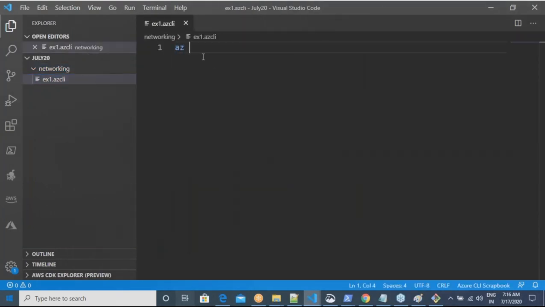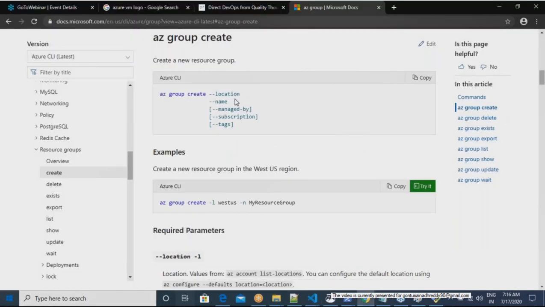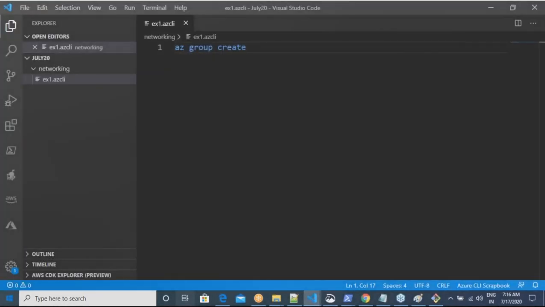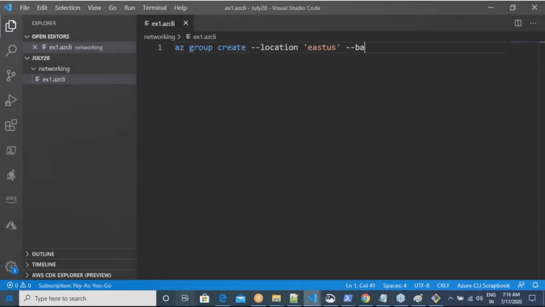Az group create. Okay. So you can go into the documentation. Okay. So hyphen location east US. Okay. And then what are the values which I need to pass? Hyphen name. Hyphen name is, I said that it would be from CLI.